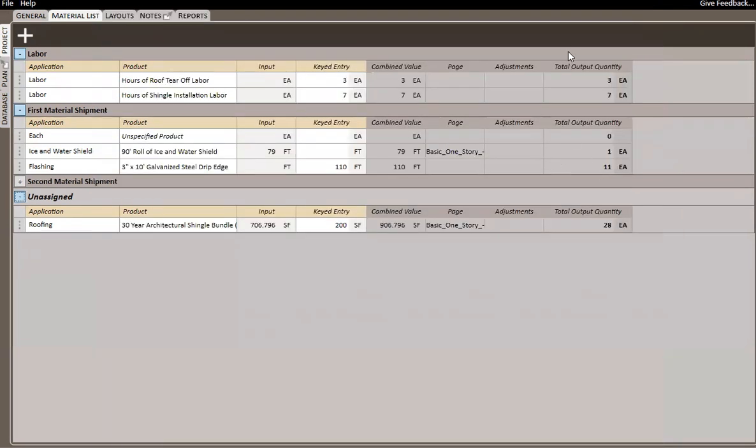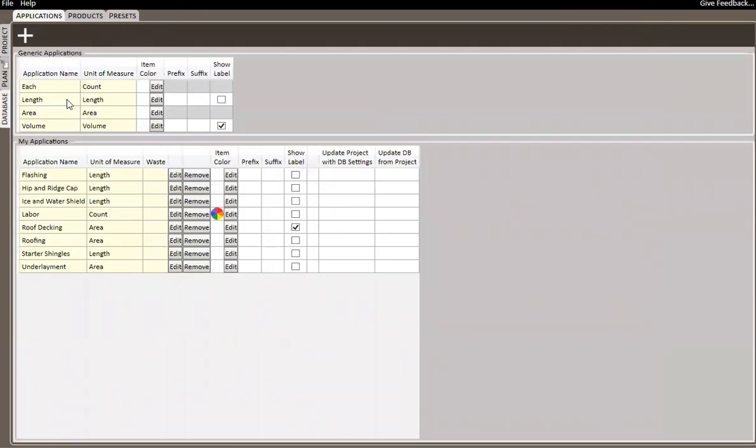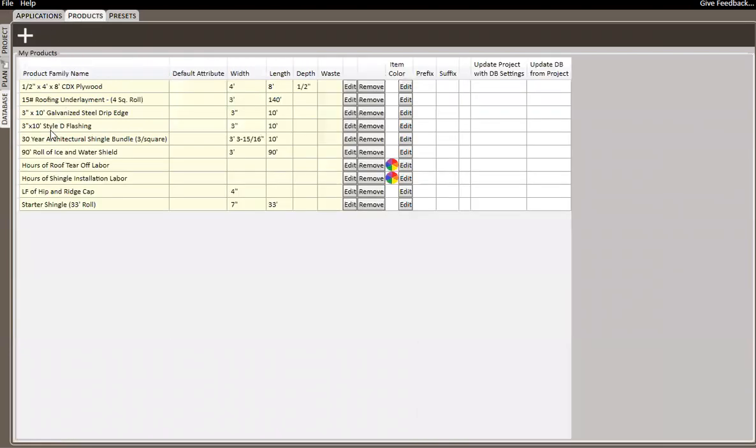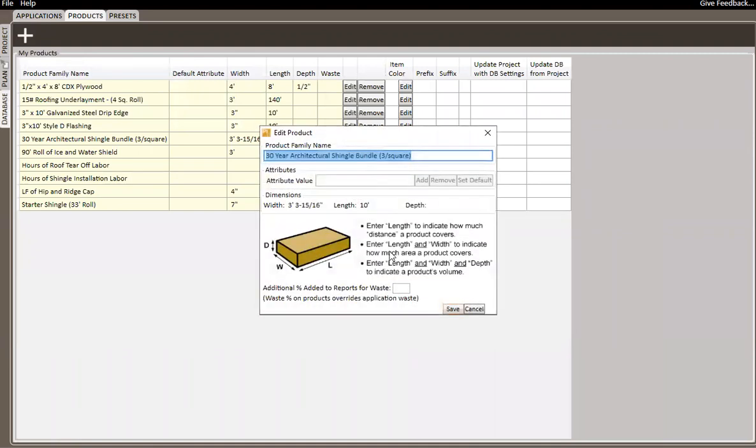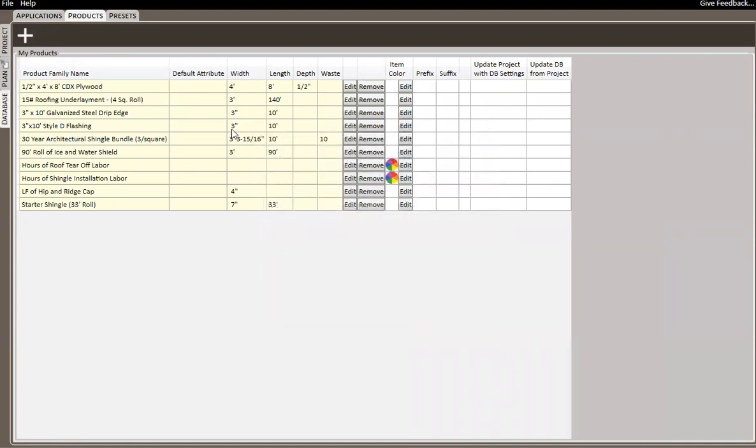Finally, we'll note that you can see right now there aren't any. There's this adjustments column over here, and that's going to be reflective of any waste factors that you may have been applying in the database. So just to show you how that might work, if I come to the database, maybe I come to my labor application. Maybe actually I'll come to my products, my 30-year shingles. If I always want them to have a 10% waste, I can put 10% waste on my products, and then